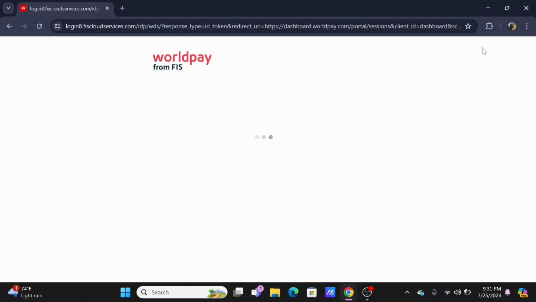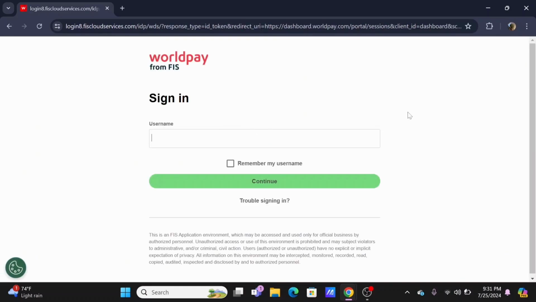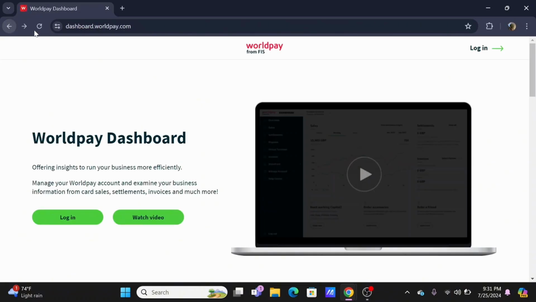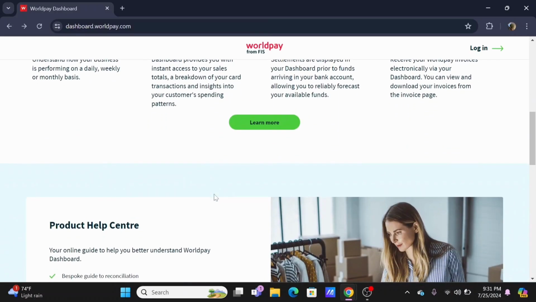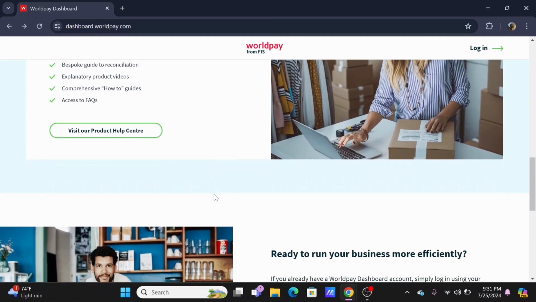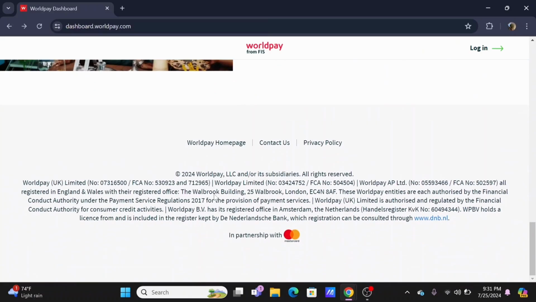Then it will redirect you to a login portal. Enter your username and tap on Remember my username only if it is your personal device and select on Continue button. Now when you are logged in into your Worldpay account, navigate to the option of Activate Credit Card or